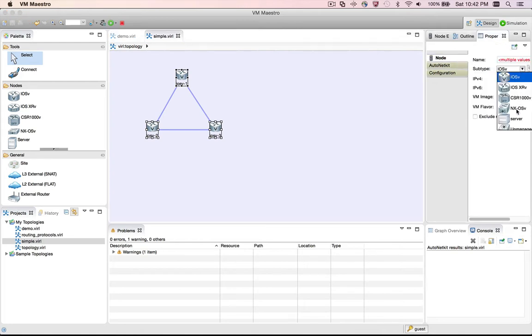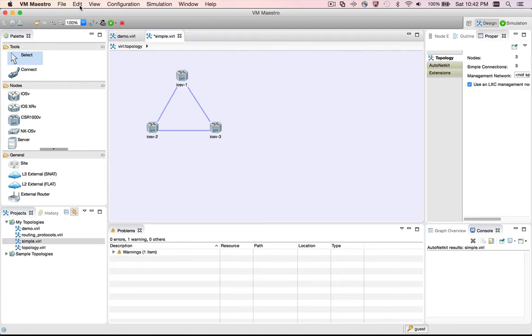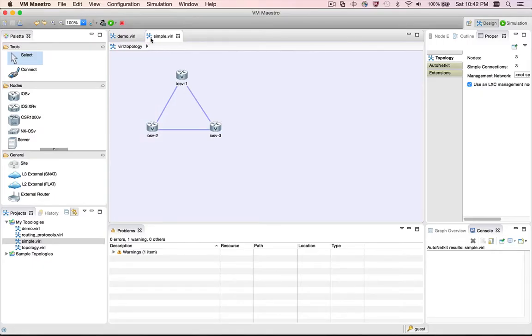So for example here, if we change all the nodes from iOS-V to CSR1000V, we can undo the change by going to the Edit menu and selecting Undo. Nodes will be changed back to iOS-V. You can also use the keyboard to undo changes. So if I delete this connection, I can press Ctrl Z or Command Z on Mac